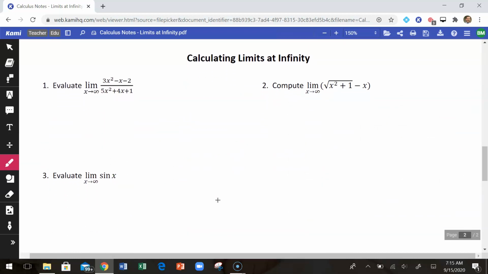Okay, so calculating limits at infinity. If we want to know what is the limit as x approaches infinity of some function, how do we do this? We can't technically plug in infinity. We can think about that, but that doesn't really help us here. And the reason it's not going to help us on this problem is because if I plug in infinity, I'm going to get infinity over infinity,